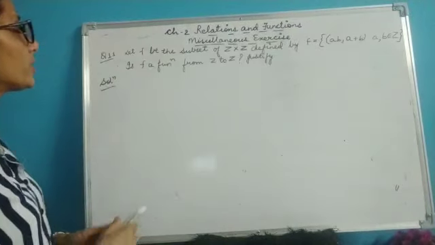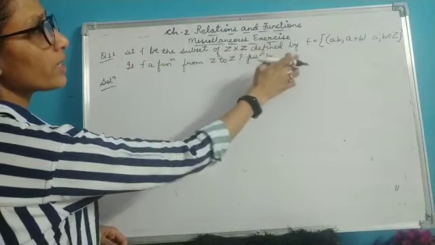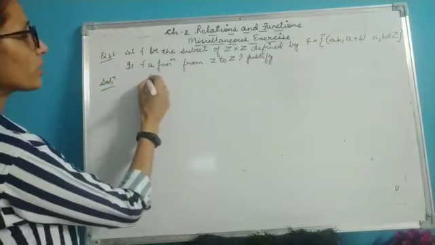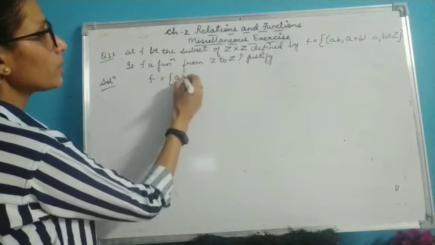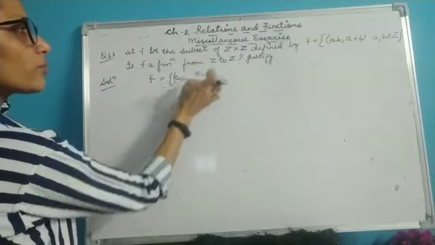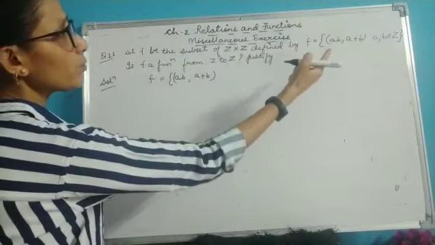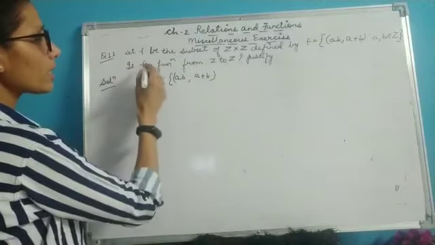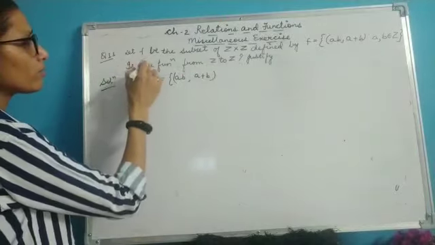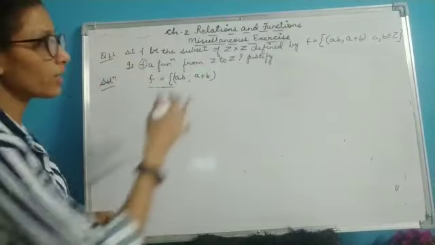See this question, children. Let f be the subset of Z to Z defined by f equal to {(ab, a plus b)}. So this is your function defined as (ab, a plus b). Alright. So this is your subset from Z to Z, or I can say Cartesian product simply. a and b belong to integers. Is f a function from Z to Z? We need to find out whether the given function is really a function or not. We have to justify the answer.